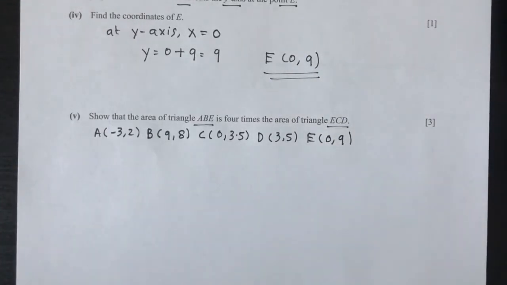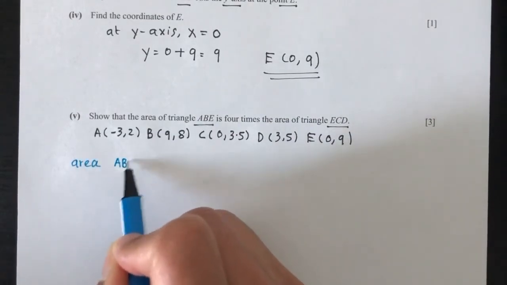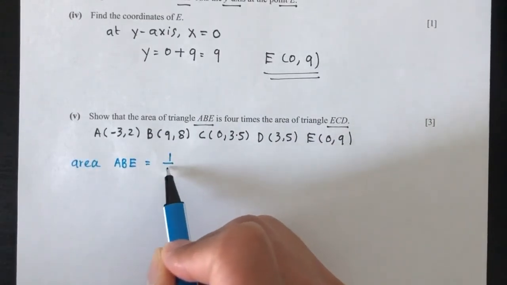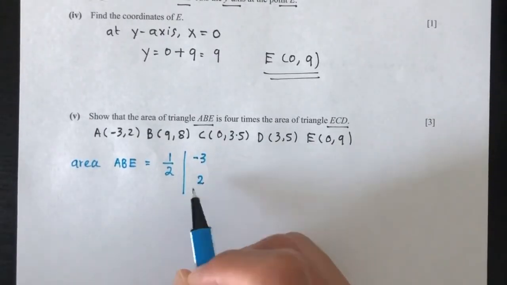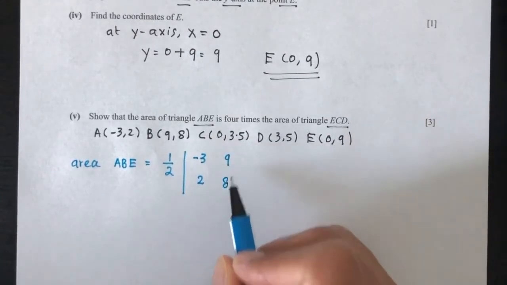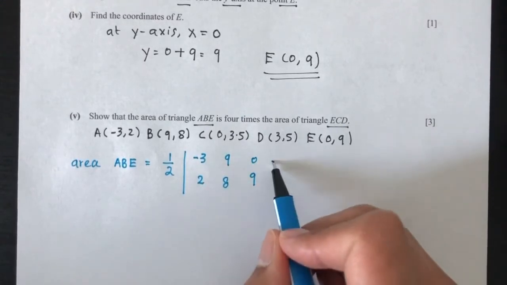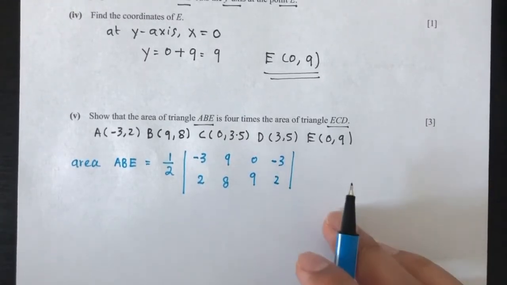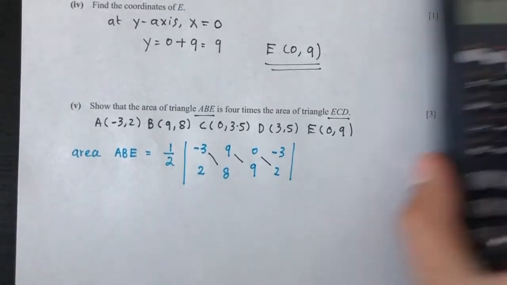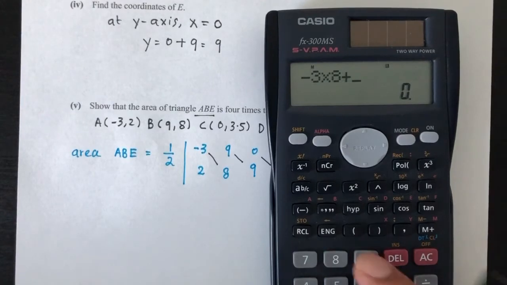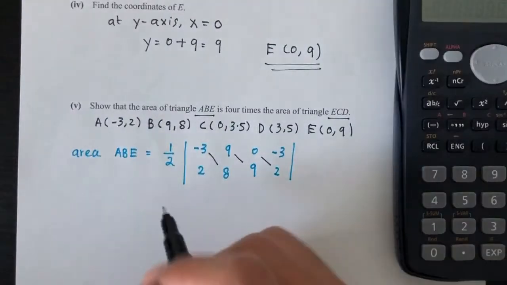So first let's find the area of triangle ABE. Area of ABE is equal to half. We're using the formula to do that. So A is minus 3, 2. B is 9, 8. E is 0, 9. When you begin with a point, you have to finish with the same point. So let's solve. First, we have to multiply this way. Minus 3 times 8 plus 9 times 9 plus 0 times 2 is 0. That will be 57. So we have half